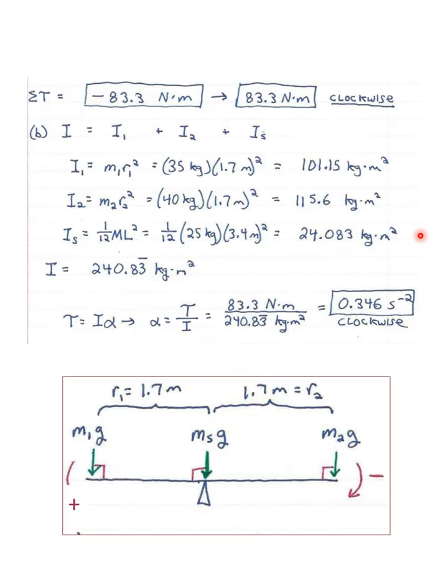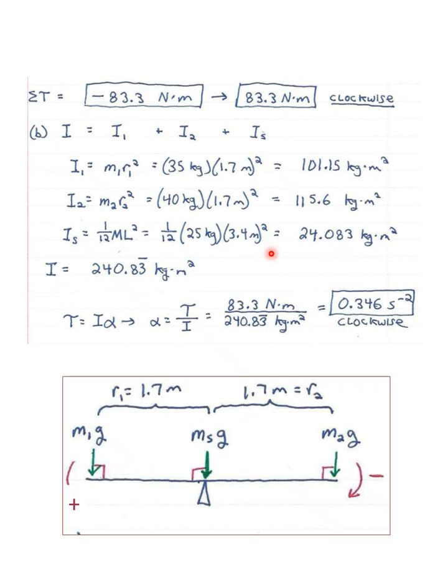Now the seesaw can be taken approximately as a rod that's being rotated about its center. You can look that up in chapter 8. There's a table in chapter 8, a rod rotated about its center. The moment of inertia is 1/12 m l squared. So 1/12 of 25 kilograms times its length of 3.4 meters, we're going to square it, and we get 24.083 kilograms meters squared. This gives us a total moment of inertia, when we add all those up, of 240.83